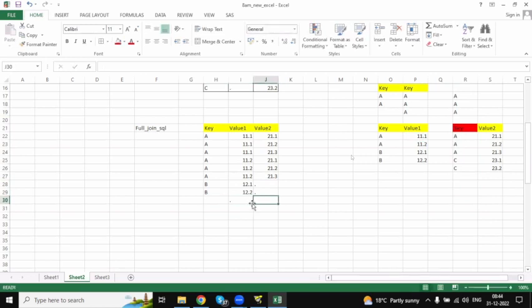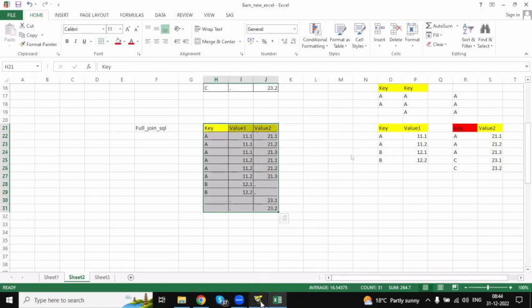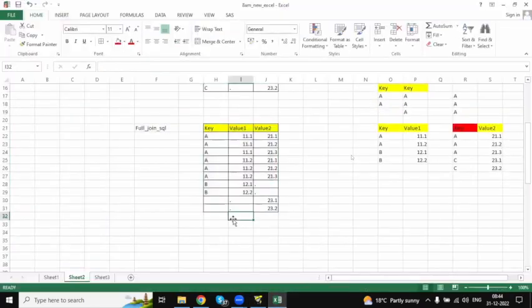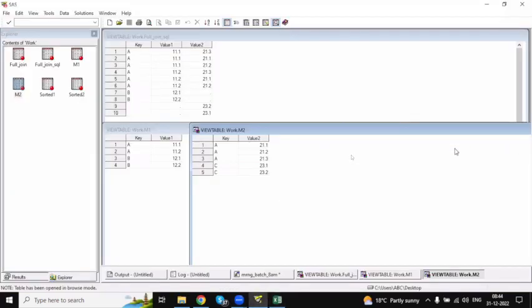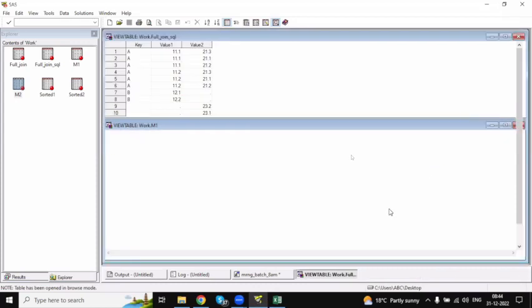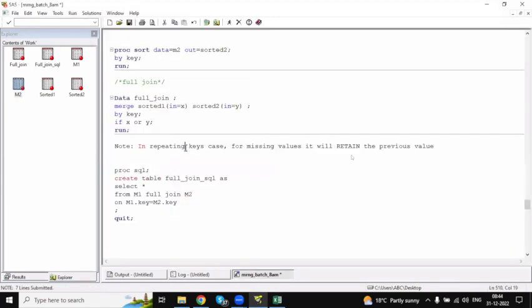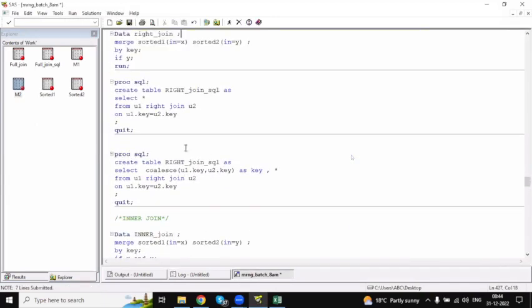Checking data set 1 it is missing, checking data set 2 you have a value 2. Clear? Simple. So this is how we get the output data set when you do it using proc SQL for repetition cases. But I'm getting this C as missing. So to overcome this issue, what am I going to do? I'm going to use the COALESCE function. Okay. So for the same scenario, if you use the COALESCE function,